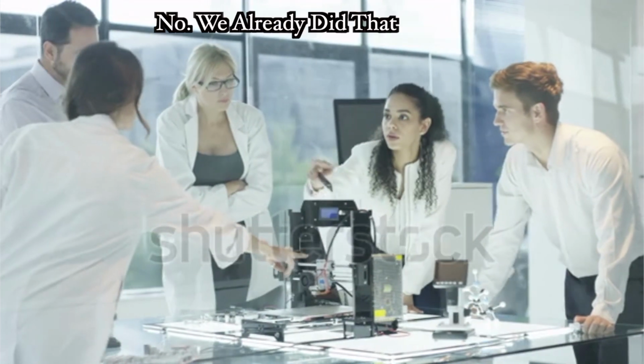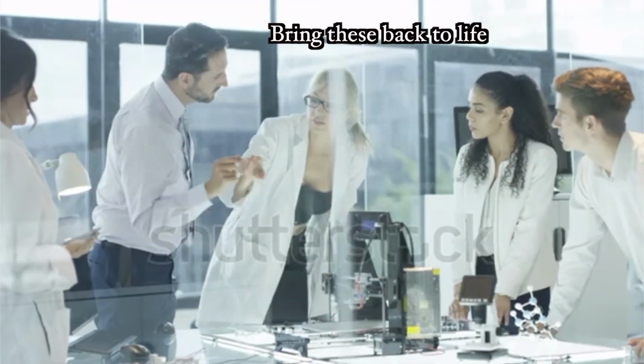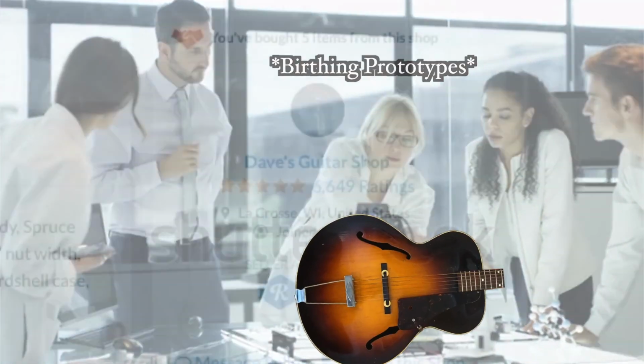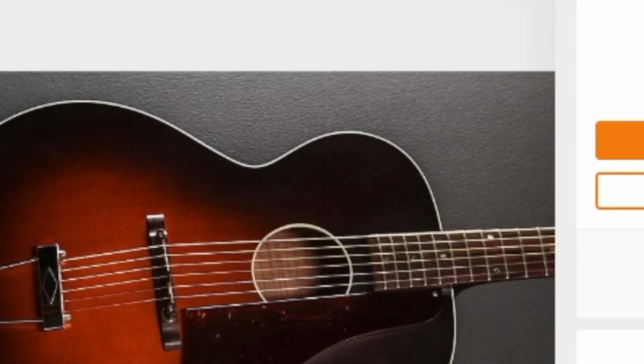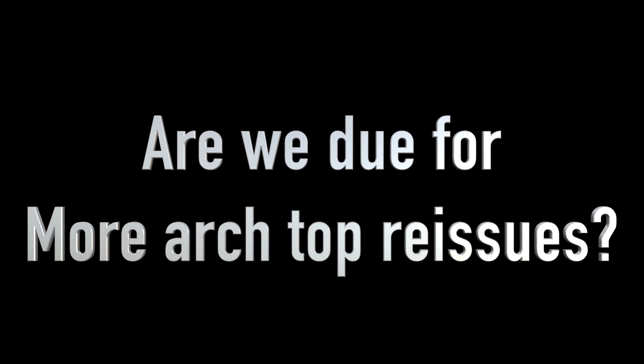It appears Gibson has been working late in the lab at night and toying around with the idea of some new Archtops that recently made their way onto Reverb through Dave's Guitar Shop. Each of these listings have the same title, Archtop Prototype. So we might be able to draw some conclusions that Gibson might be giving more love to their old-time Archtop